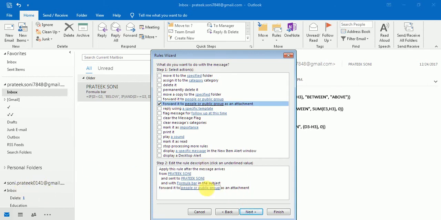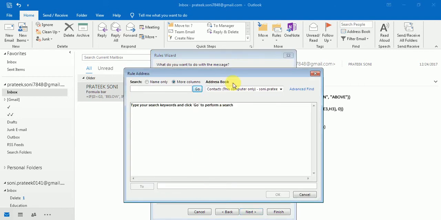Now when I click on this, we have to give a description. If you are maintaining an address book, you can select from the address book, or you can type the email ID.